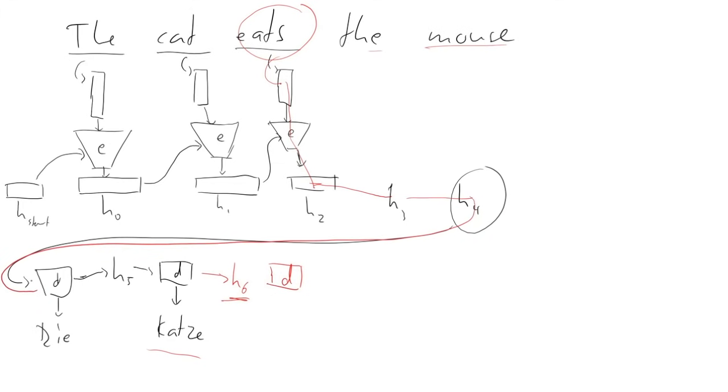And then it goes all the way to the decoder, where the first 2 words are decoded, and still this H6, this hidden state, somehow still needs to retain the information that the word eats is the word to be translated, and that the decoder should find the German word for that. So that's of course a very long path. There's a lot of transformations involved over all of these hidden states, and the hidden states not only need to remember this particular word, but all of the words and the order and so on, and the grammar. The grammar you can actually learn with the decoders themselves, but the meaning and the structure of the sentence. So it's very hard for an RNN to learn all of this, what we call long-range